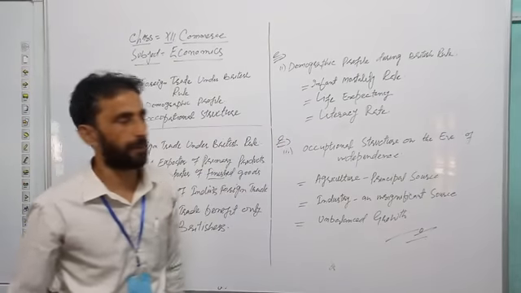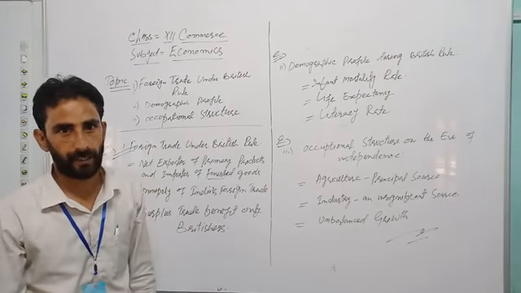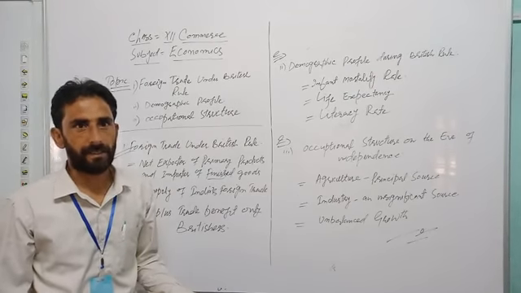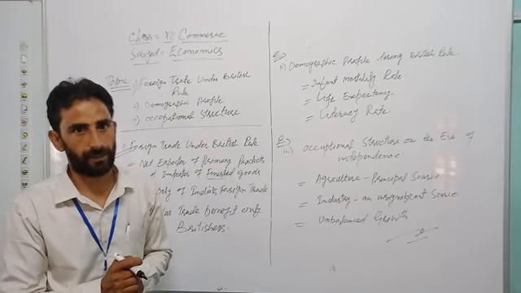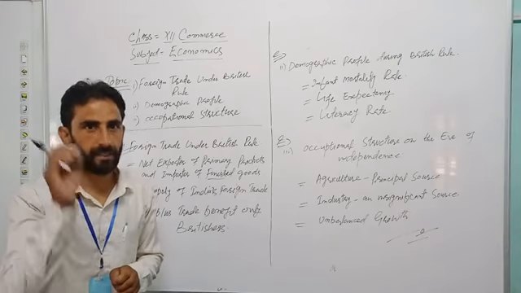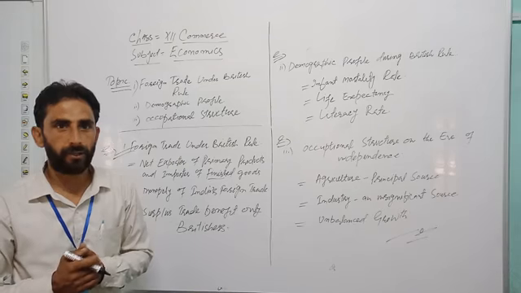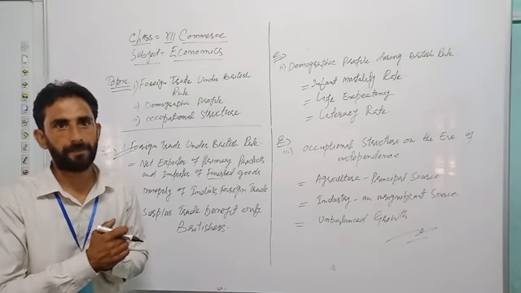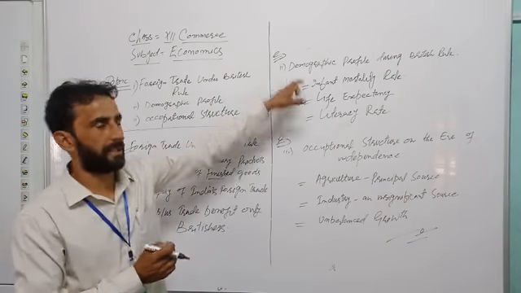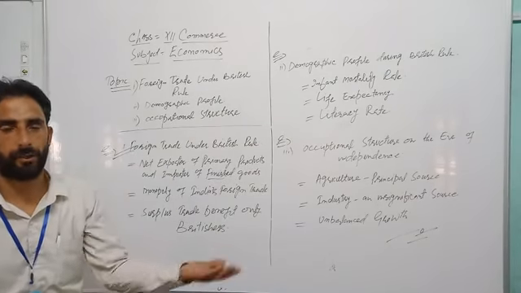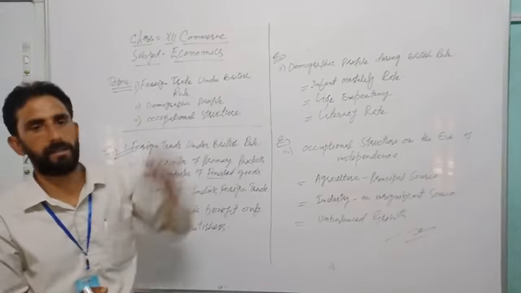Now there is the demographic profile during British rule. Demography means related to population. The motive of the Britishers was only to drain the wealth of the Indian economy. That was the main conclusion about British rule. That is why they did not give attention towards the demographic or occupational structure.